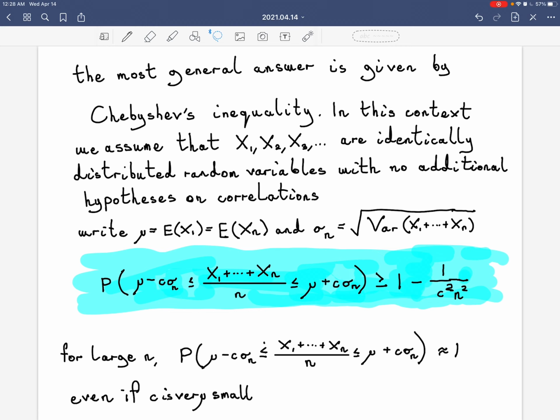But the basic idea you always want to keep in mind is that if sigma n is being balanced out by this thing c, and c is getting small at a rate that keeps c times sigma n controlled,